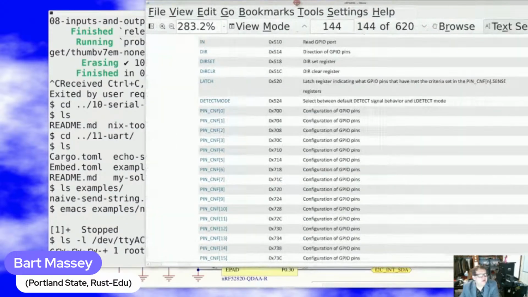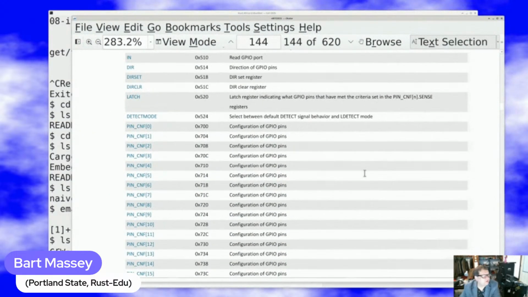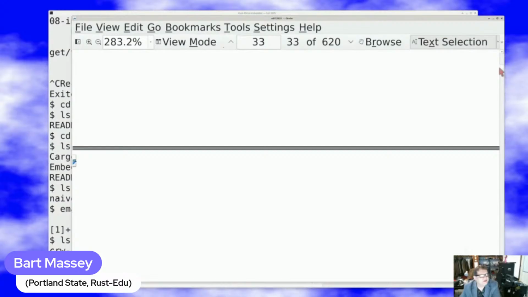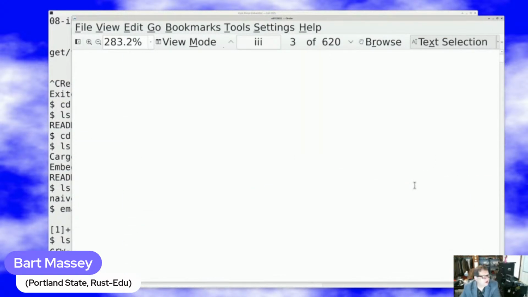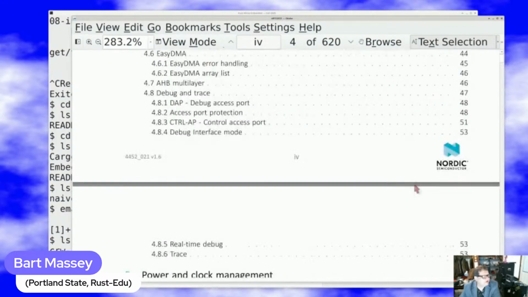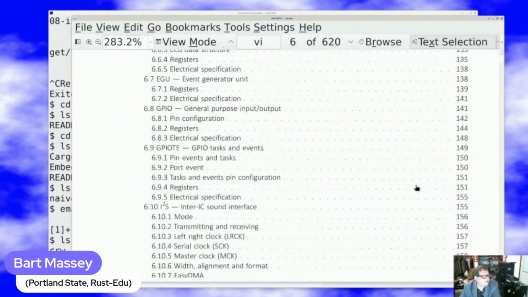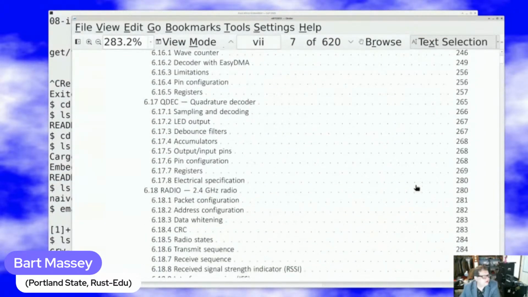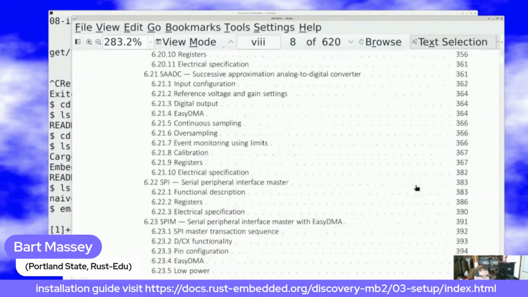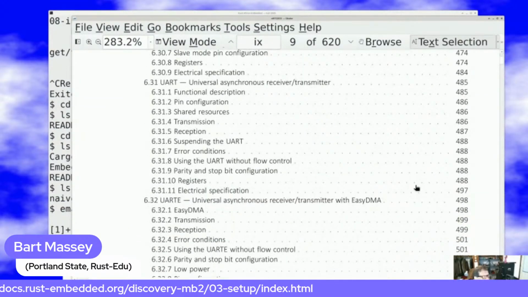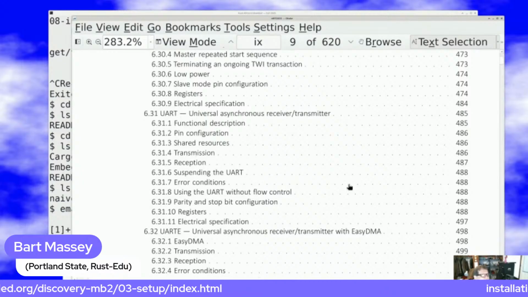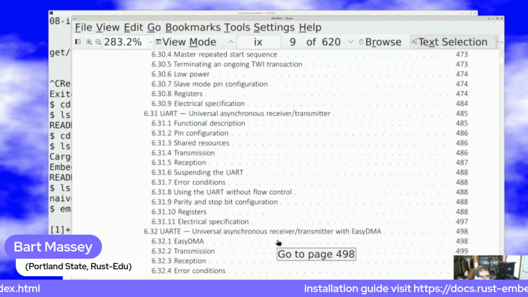If we go to the microcontroller manual table of contents, there should be the list of peripherals, in alphabetical order, which of course is the best order. There's the easy DMA one and the not easy DMA one. That's what it was. And the easy DMA here just means that we can do something called direct memory access